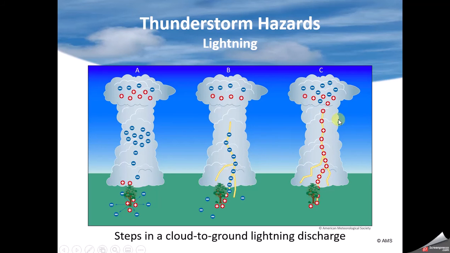It can go here, and it can work all the way up to the very top. And eventually, the strongest charge will probably be a positive charge coming down to the ground as it works its way down. So that's how lightning is formed, by separation of charges due to graupel and ice crystals being opposite charge anyways, and then changing their charge depending on air temperature.